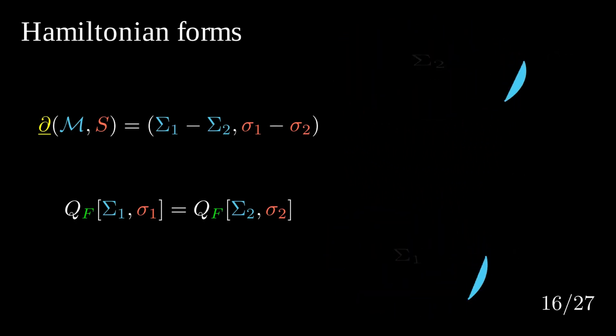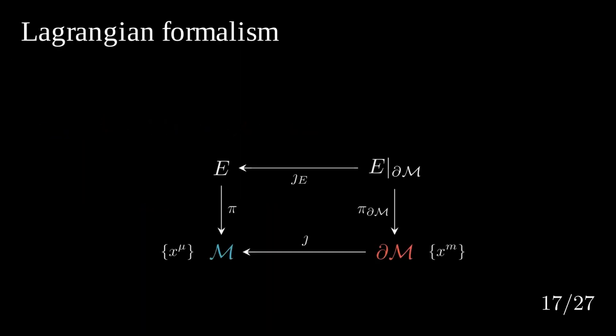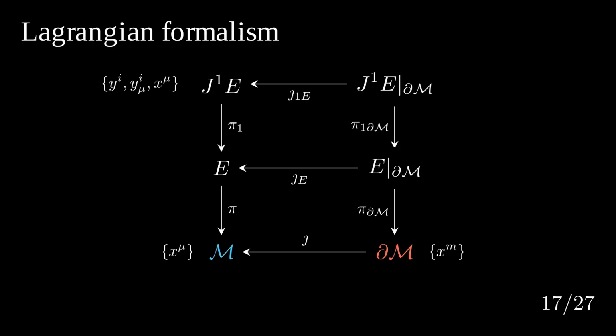So let's move now to the Lagrangian formalism. We had previously this commutative diagram, and we are going to extend this diagram with the jet bundle of E, which is the geometric space encoding the derivatives of the section as independent variation in this way. And we are going to take the pullback bundle, which is just a restriction in this case, having these coordinates,